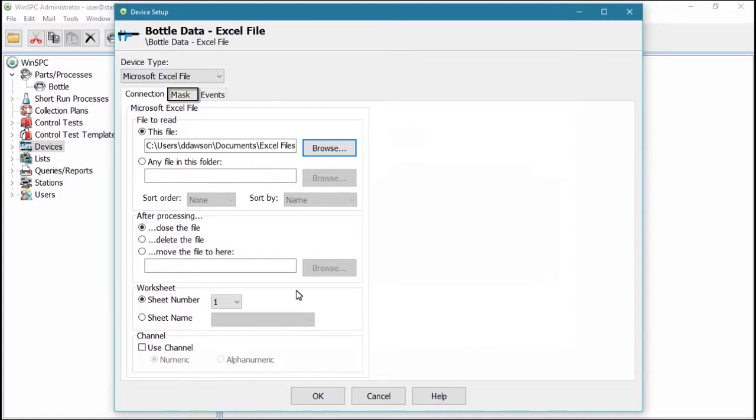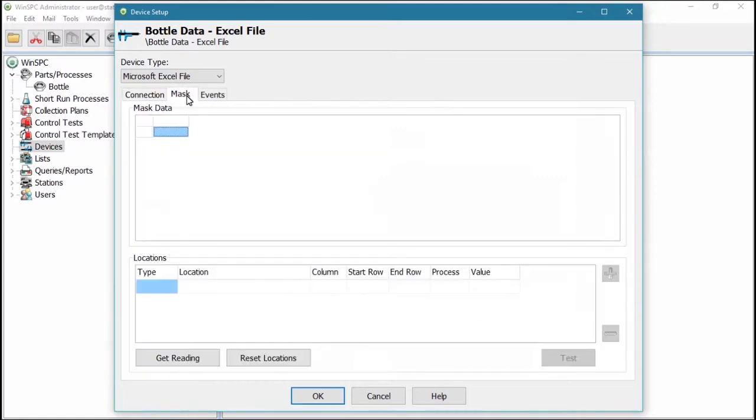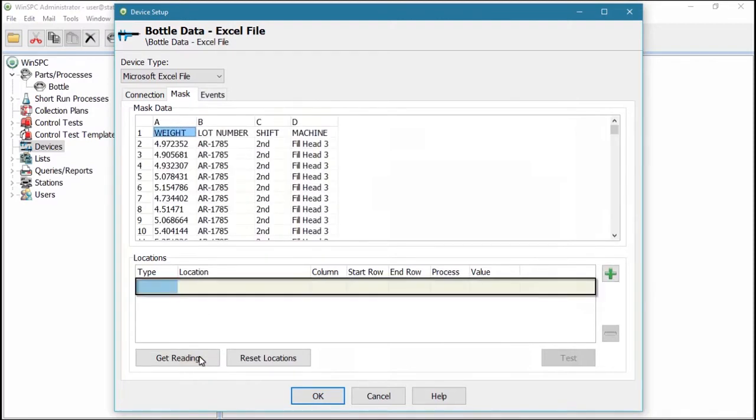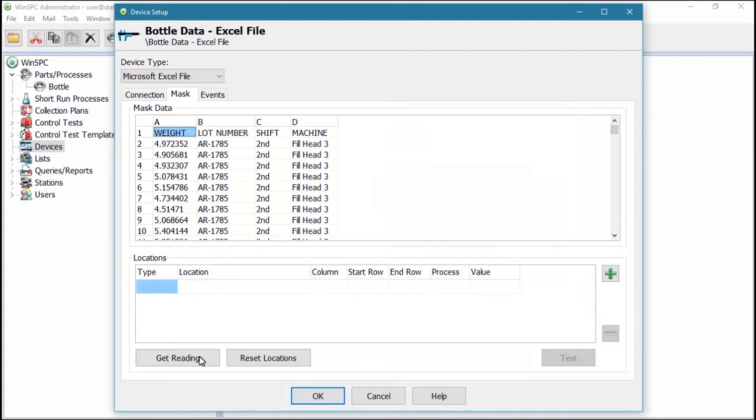clicking the Mask tab, getting readings from the Excel file, and configuring a location, which details where, in the file, the values to be captured will be found. To configure a location, you click the Add Location button,